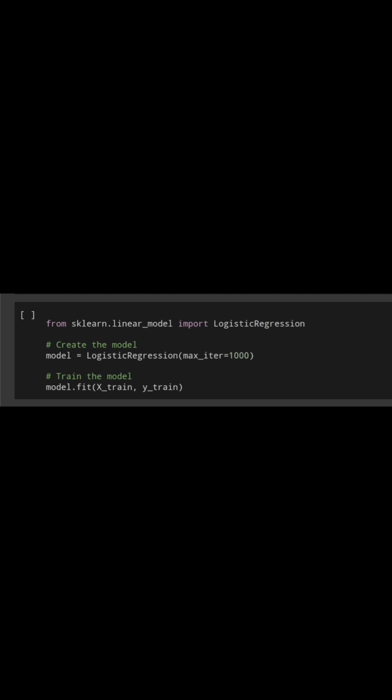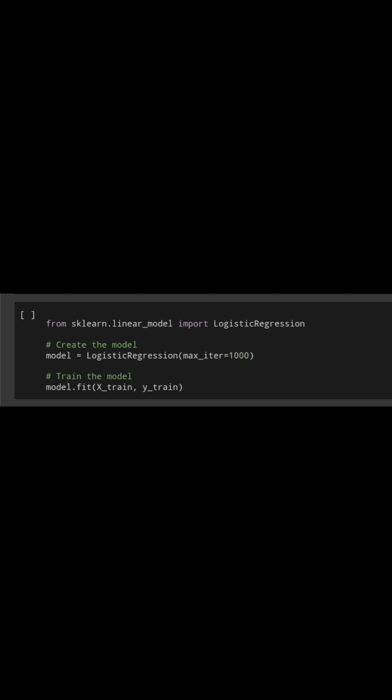Next, from sklearn.linear_model import LogisticRegression. This line imports the LogisticRegression class from the sklearn.linear_model module. Scikit-learn, often abbreviated as sklearn, is a popular Python library for machine learning. The LogisticRegression class is used to create and train logistic regression models.